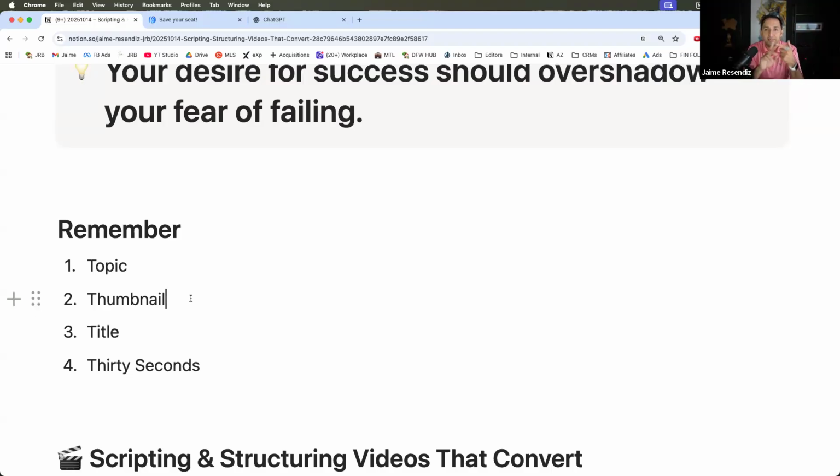So we need to get that thumbnail right. It needs to match the topic that you have covered pretty closely, and also needs to attract the viewer's eyeballs so they can stop scrolling on their phone. Again, the thumbnail is going to be their first exposure to you. Their second exposure to you is going to be the title. Once your thumbnail does its job and attracts people's attention, then the title comes next, right?